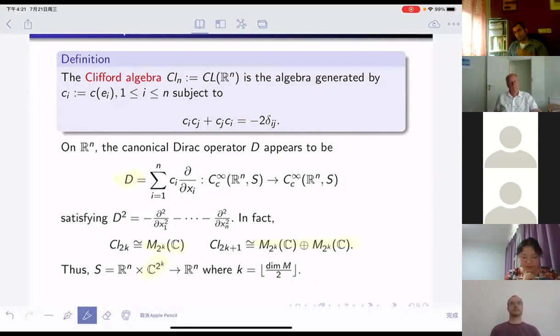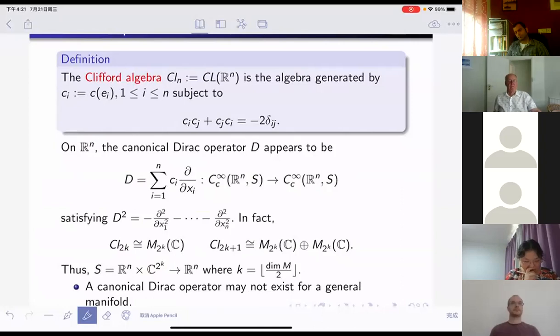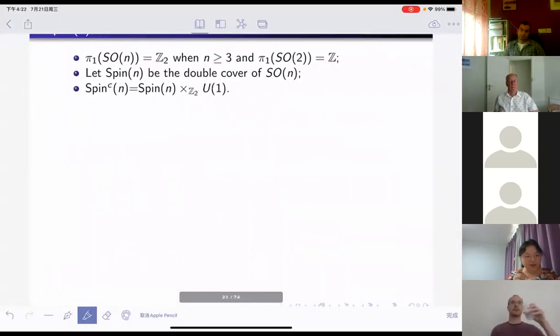And then we would like to ask, is it possible that for any manifold, we can have a canonical Dirac operator on it. And the answer is no, unless we can give a topological condition on the manifold that is known as the